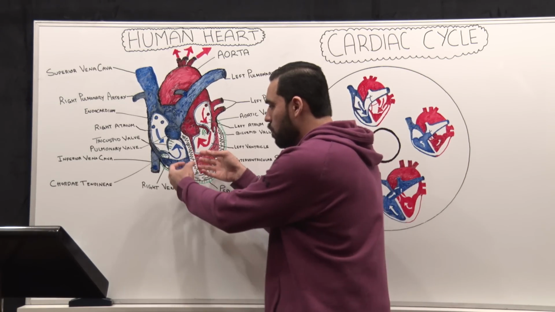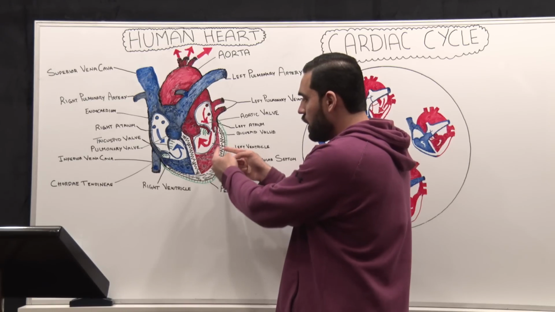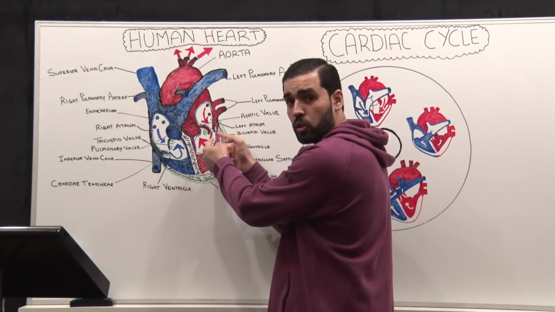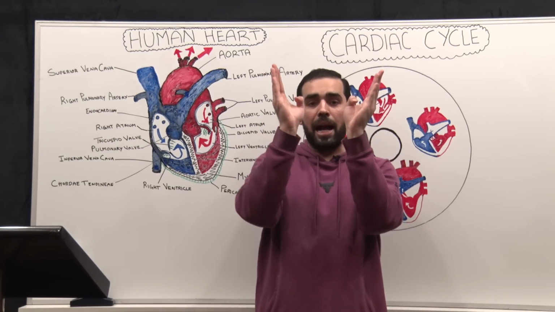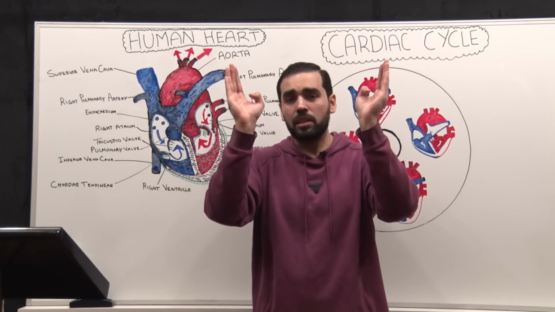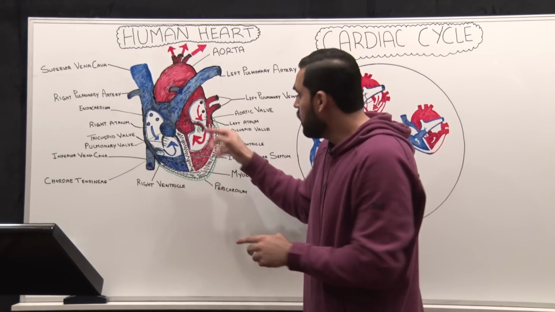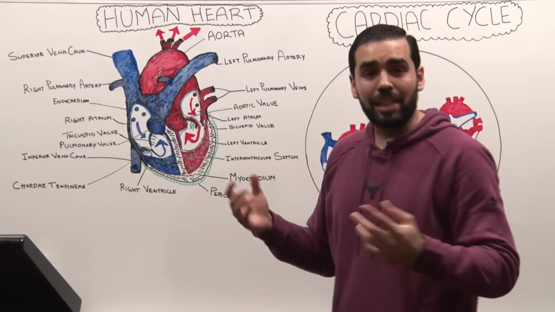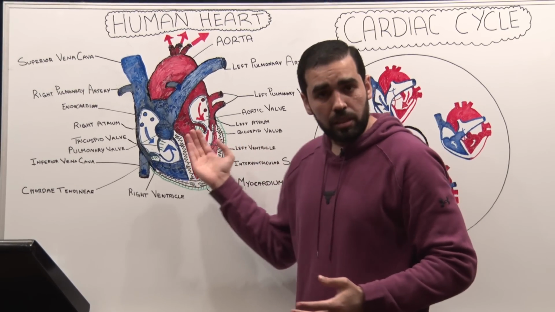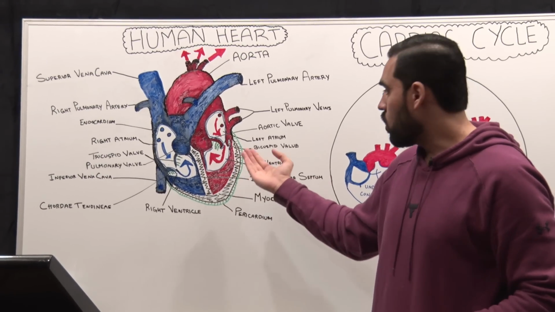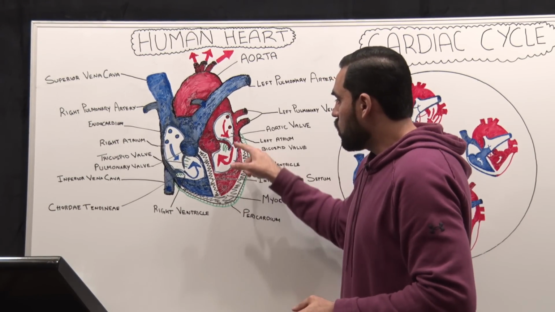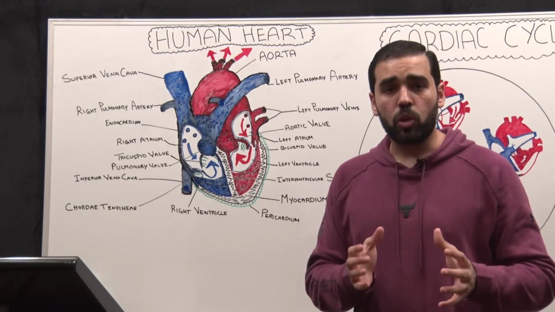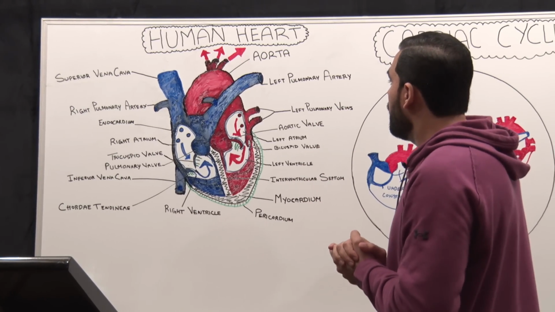So imagine if both ventricles are pumping, especially the left ventricle, there's a good chance that this valve will flip back and just open like that, and the blood could regurgitate back. Now, that is prevented by these fibers, which are called the chordae tendineae, which is the Latin name for that, or tendinous cords, we can call them that too. So chordae tendineae are present over here to prevent that and to make sure that the valves stay in place.